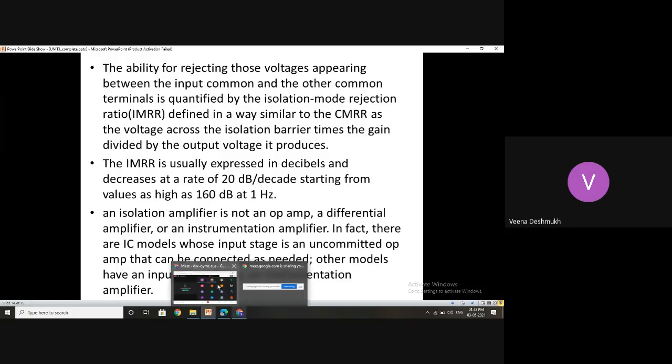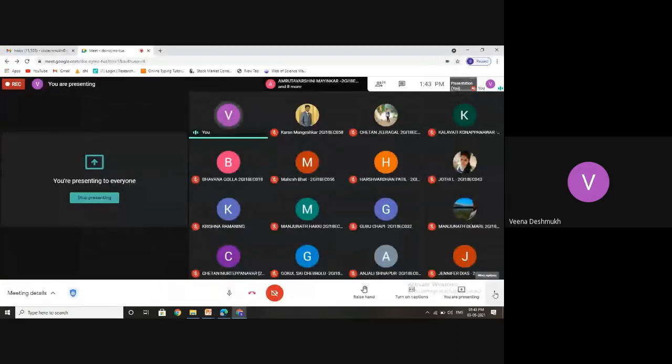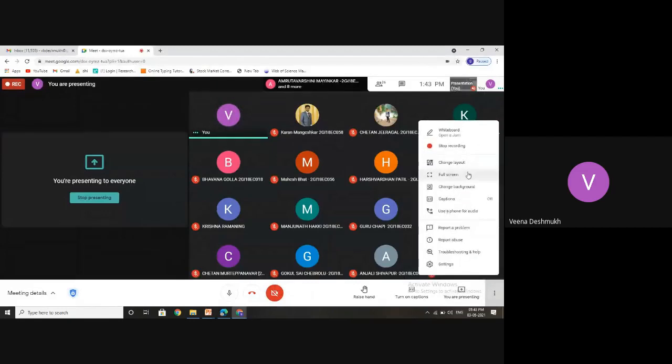So this is regarding isolation amplifiers. And this completes the theory of your